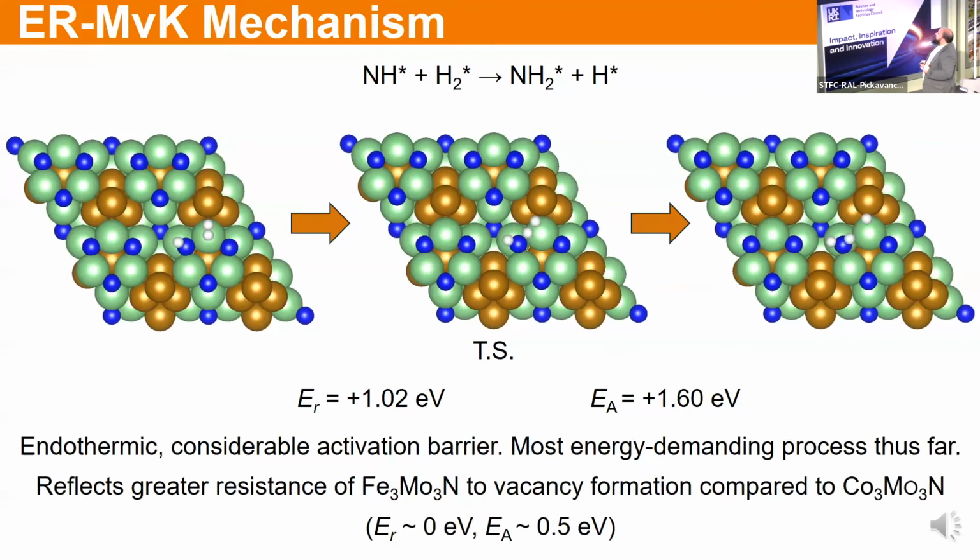On the other hand, we see kind of a reverse behavior for the second hydrogenation here. For the iron system, it's highly endothermic and has a high barrier. On the other hand, for the cobalt system, we have almost thermoneutral and a moderate activation barrier. So it's interesting, we have this kind of alternating behavior,